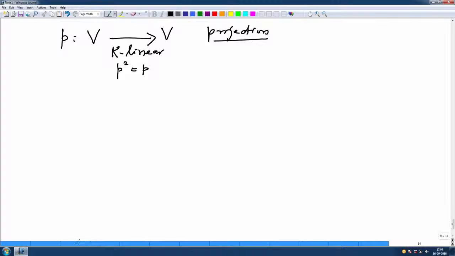So, we have seen if P square is P, then I am calling U as image P. I am imitating the above concrete example. So, what is that? This means all those x in V such that x equals P y for some y, right, that is the image.